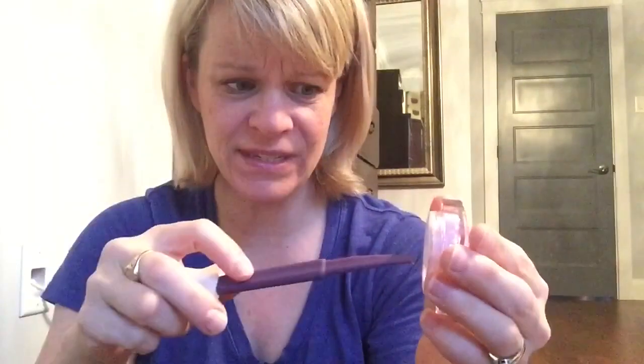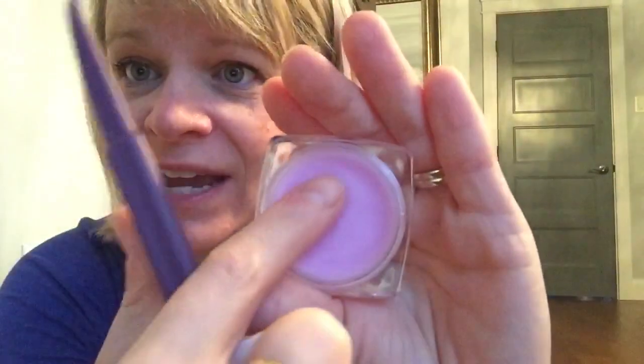I picked up one of these from one of my Scentsy deals, and I thought, well, I'm never going to use this. I kind of damaged the end somehow, but if you have something like this, with a slight curve on it, you can stick this directly in the tester. I don't really want to do it to this one, but a lot of times if you just stick it in and pull out, it comes out. This one doesn't really have any air around the seal here, so it might not come out easily. But